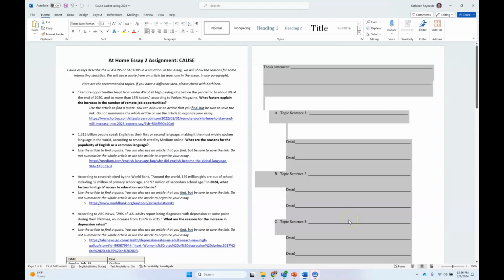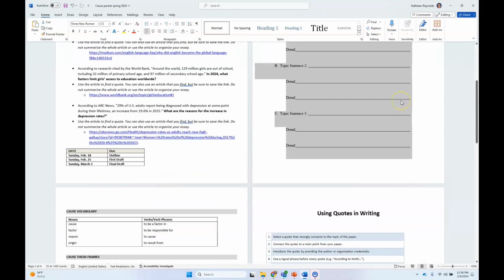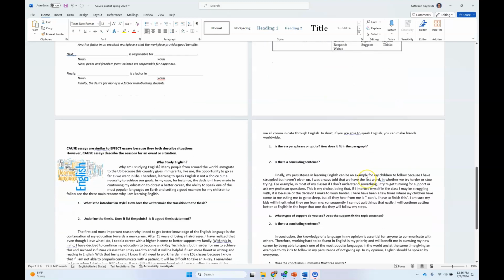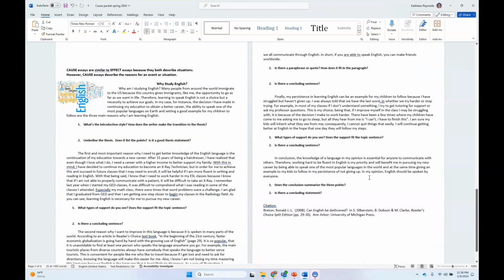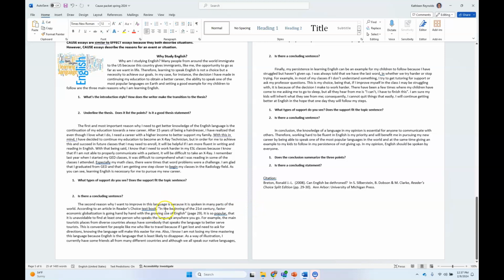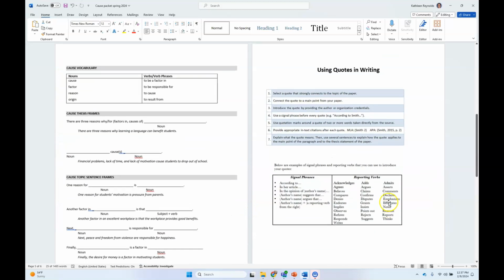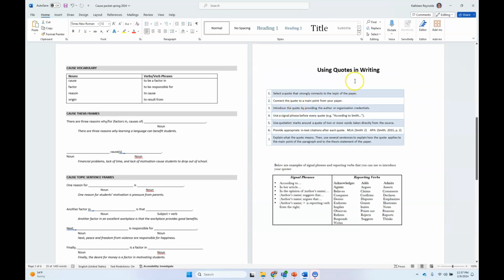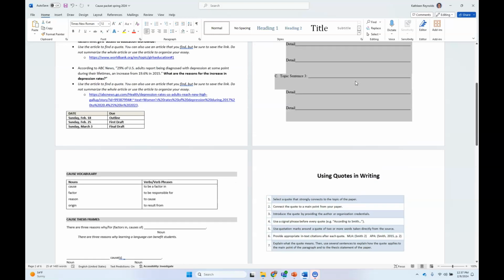You could create it as a new document. You could type it. You could write it by hand or take a picture and upload it. So later, I will start talking more about how to use quotes in writing. And there's also an example of an essay here, and this example also uses a quote. But we will be talking more about that in the upcoming weeks. You don't need to worry about the quote yet. It's something we will keep practicing and learning.